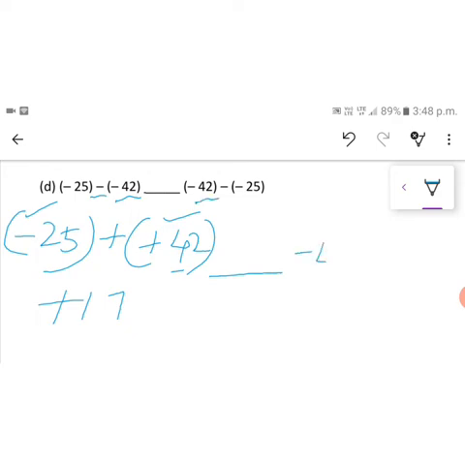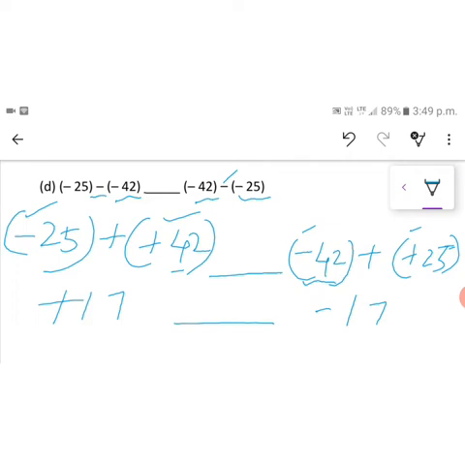Now write minus 42 as it is. Change the subtraction sign into an addition sign. The additive inverse of minus 25 is plus 25. If you see, these two numbers have different sign. One is minus and another one is plus. So subtract these two numbers. 42 and 25, if you subtract these two numbers we get 17 and give the bigger number sign. The bigger number is 42. So minus 17.